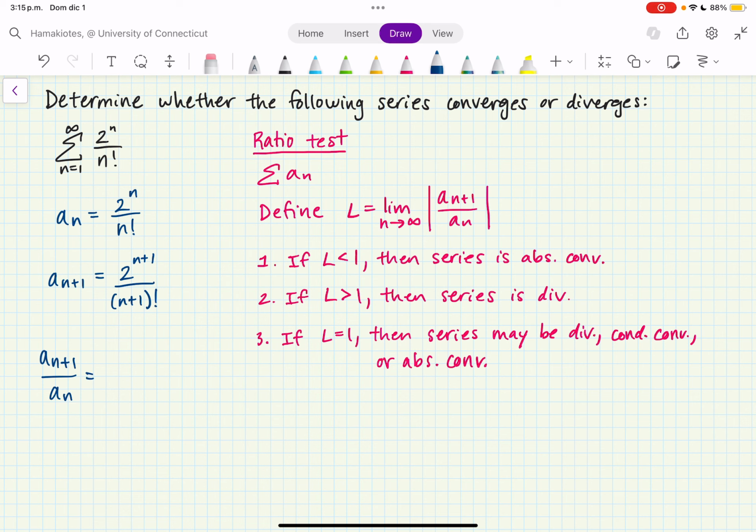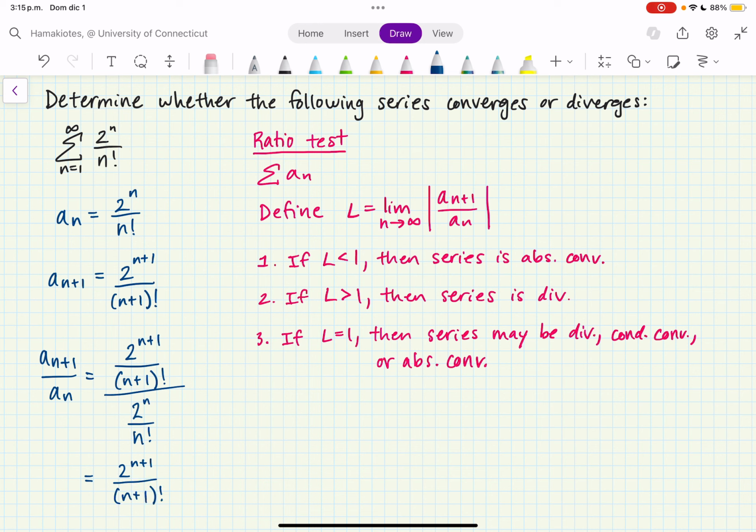So this is 2 to the n plus 1 over n plus 1 factorial, all over 2 to the n over n factorial. And so this is equal to 2 to the n plus 1 over n plus 1 factorial